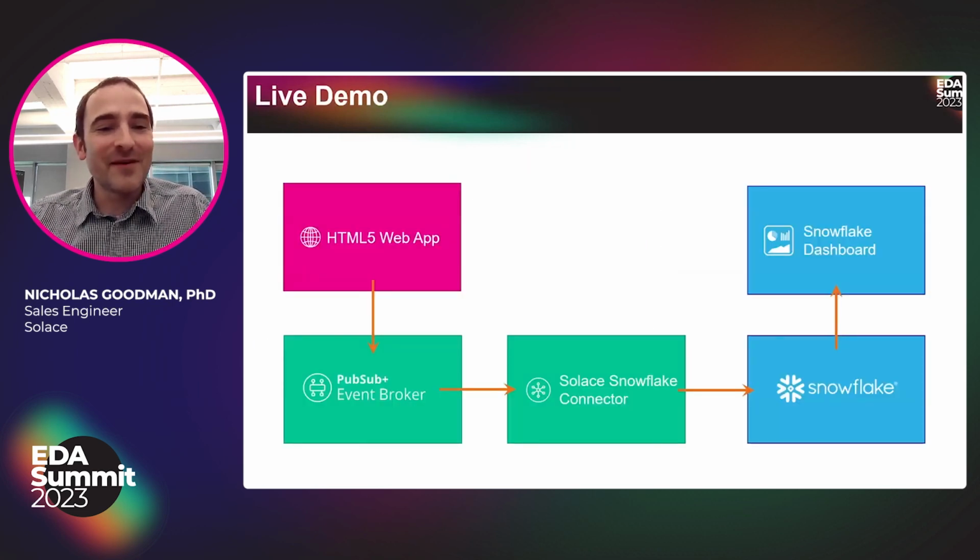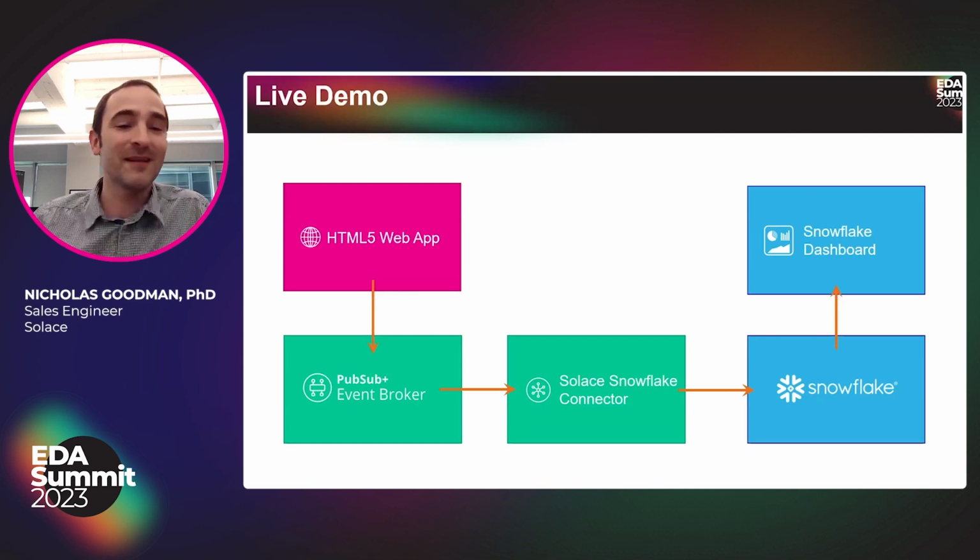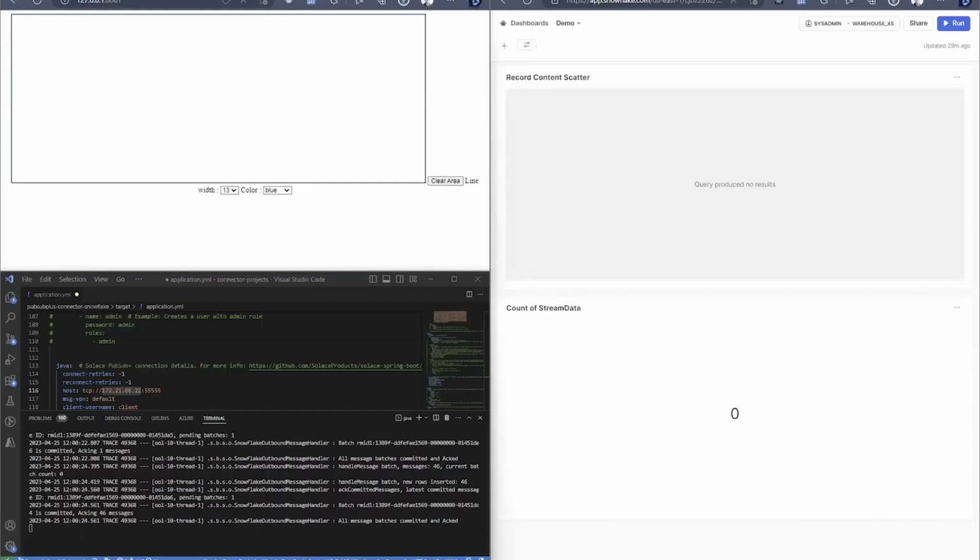Now I'll do a very brief live demonstration. I put together a very simple HTML5 web application. This is using our Solace Sol Client JS, our Solace SDK for JavaScript. The application will track some touch movements, publish the coordinates to an event broker, which will then get queued up, consumed by the Snowflake connector, pushed into a table on Snowflake, and if all goes well, we'll see it on a nice Snowflake dashboard. We'll see here on the top left, I have my web application,